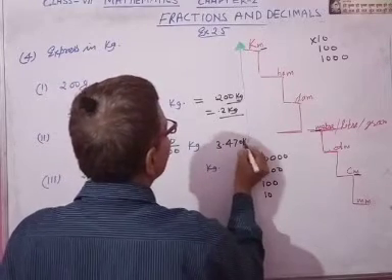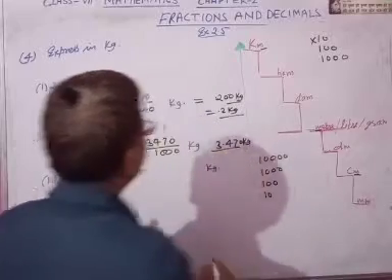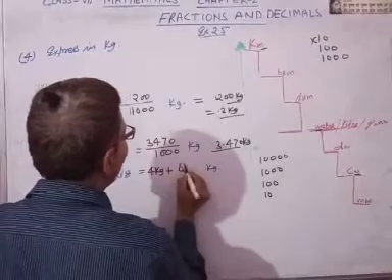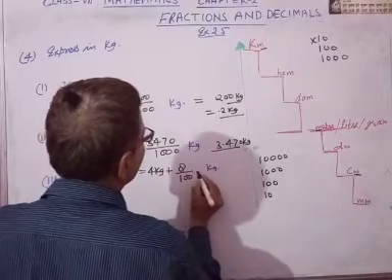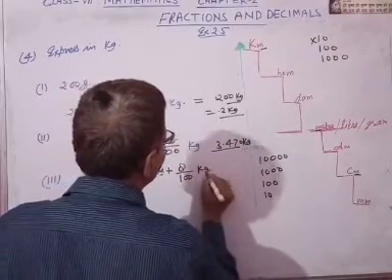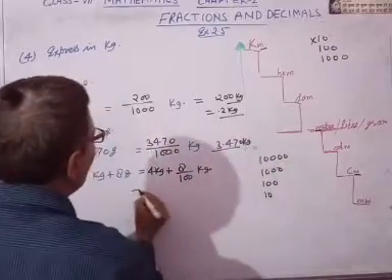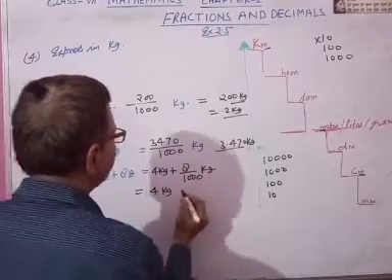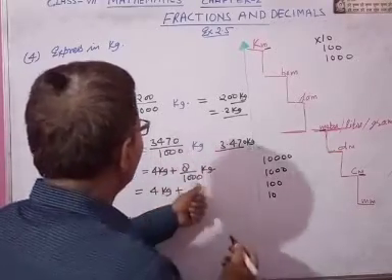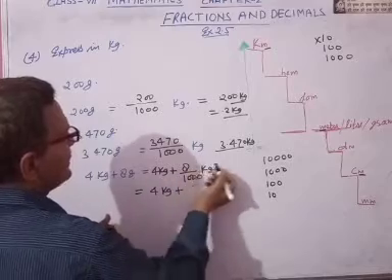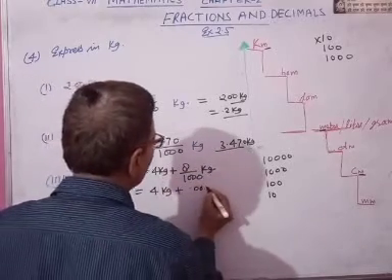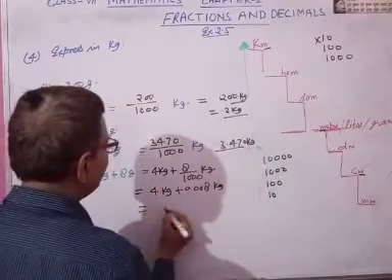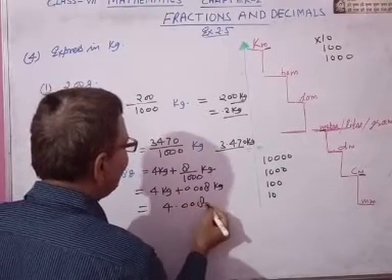4703 kg. Now 4 kg is already here, plus 8 gram we will change into kilogram. This is kg, kilogram. Now 4 kg. Now 8 upon 1000 kilogram. We will divide by 1000. When we divide by 1000, we will shift 3 places of decimal from right to left. 0.008, 3 places, 1, 2, 3 kg. Then we will add 4.008 kg.